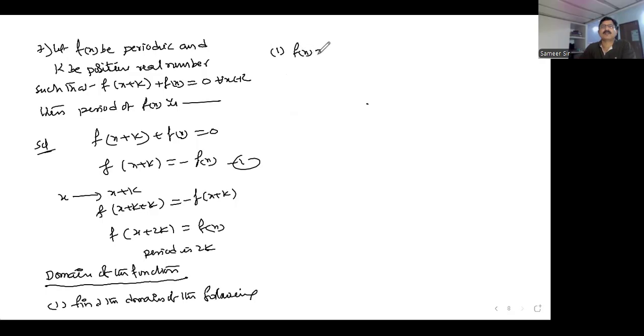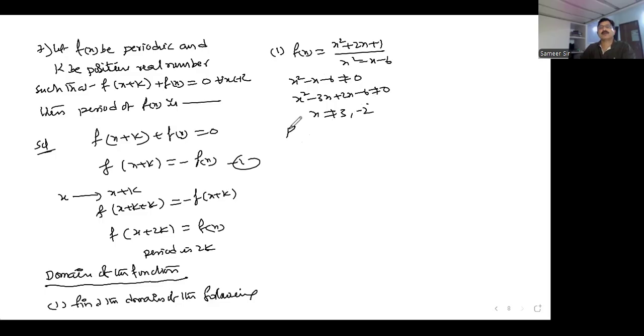देख भाई, अगर ऐसा फंक्शन दिया, (x² + 2x + 1)/(x² - x - 6) रेशनल फंक्शन इज गिवन। करेगा क्या भाई? x² - x - 6 should not be equal to 0, denominator should not be equal to 0. x² - 3x + 2x - 6 should not be equal to 0, so x is not equal to 3 or -2। तो मतलब आंसर डोमेन क्या होगा, R - {-2, 3}। दिस इज योर आंसर।